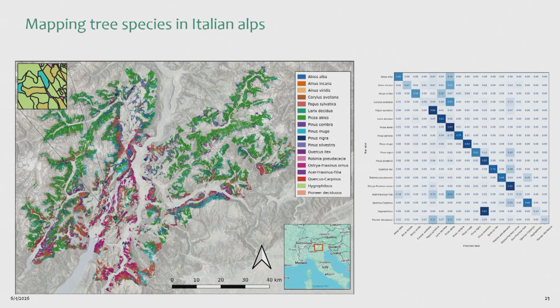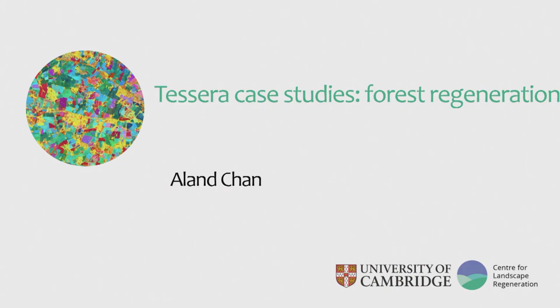That's just a second example. We've done with some beautiful forestry data sets from the Italian Alps, mapping tree species there. We found that a slightly more complicated downstream methodology was needed there, where we had a little neural network on there to make the predictions. So it wasn't just something simple like random forest, but nonetheless, a very quick process and very good at mapping species across those landscapes.